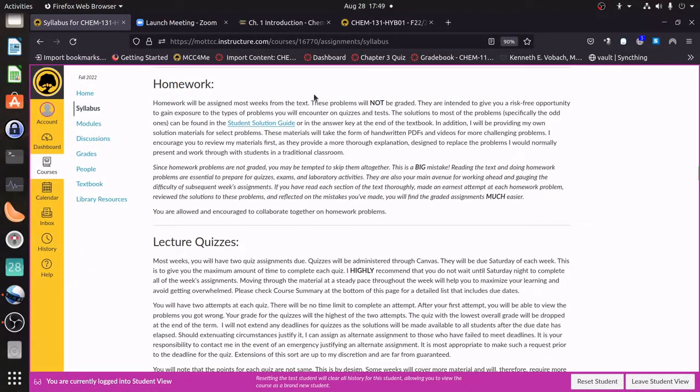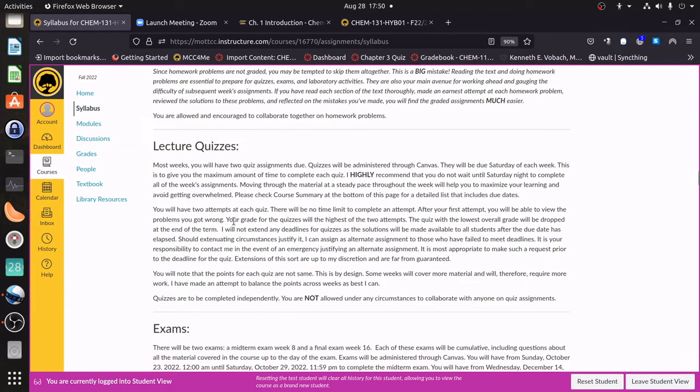It's really important that you guys actually do these, okay? Because these are really your risk-free opportunities. It's not going to be graded, but you get exposure to the problems. If you go through those problems and you know how to do them, you're going to find the quizzes and tests much, much easier. They're going to look a lot like these homework problems. So that's really your opportunity to figure everything out and ask questions before you actually have to do a graded